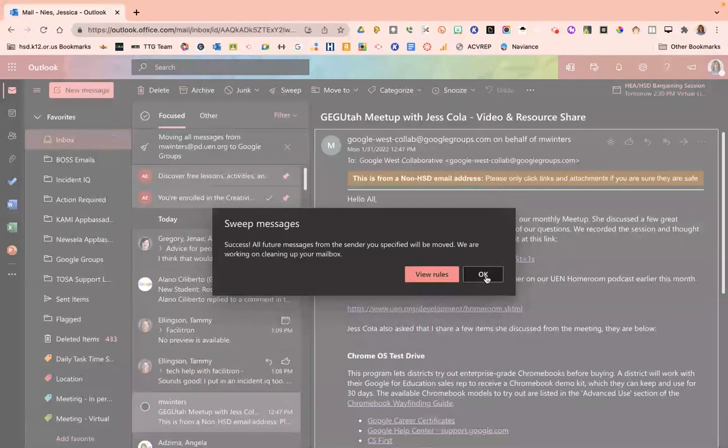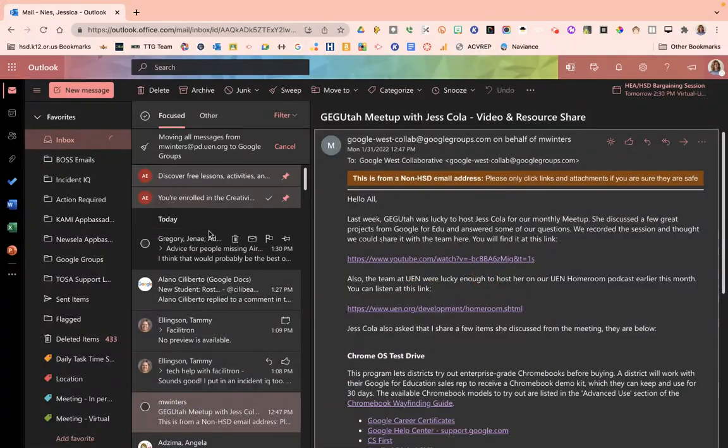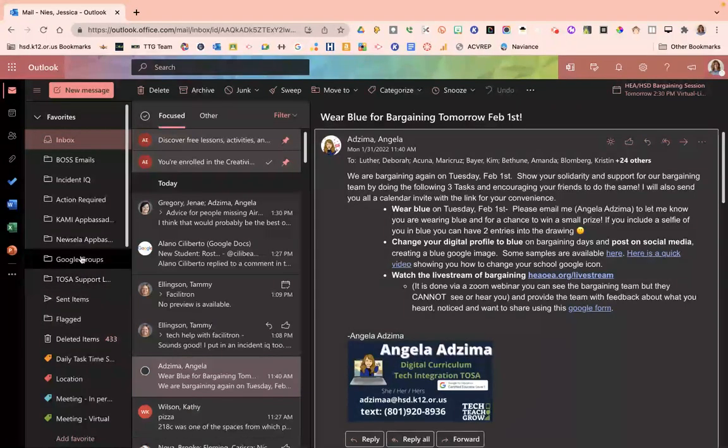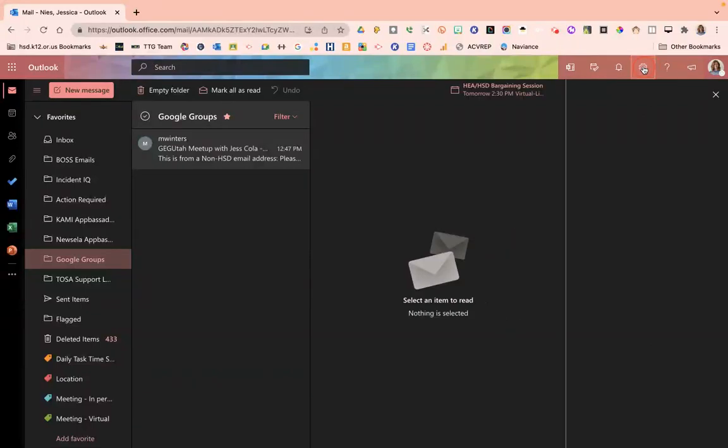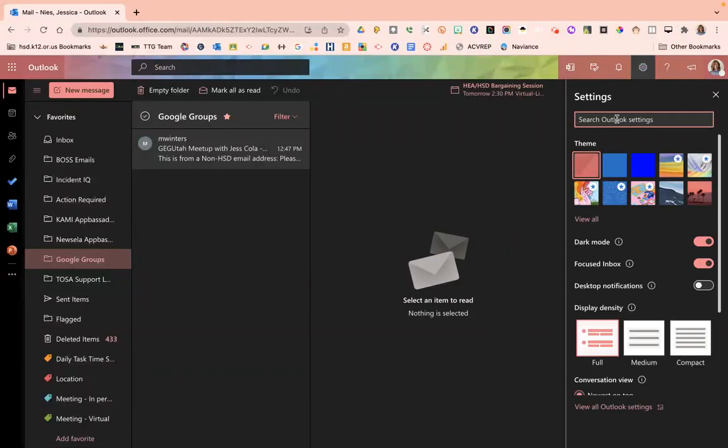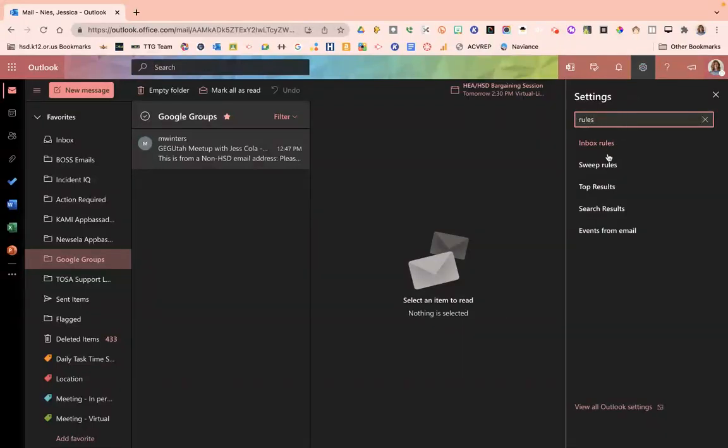Okay. It's going to take a minute, search my inbox, and gather all of them up here in a new rule. And now, from now on, anytime an email comes from that sender, it will automatically be filtered into this folder. If you want to remove any of your rules, you're going to come over here to Rules, go to